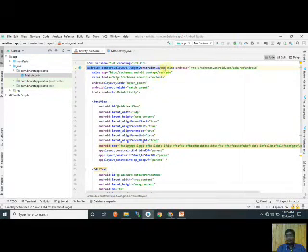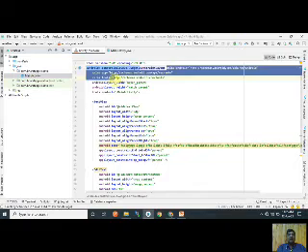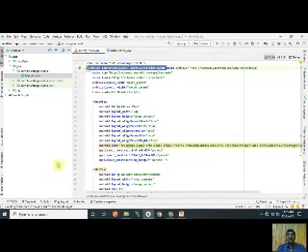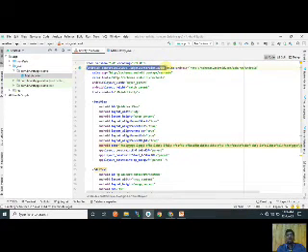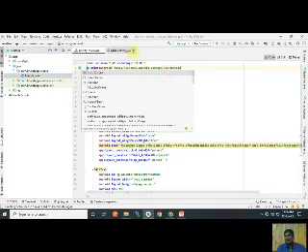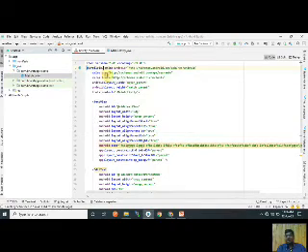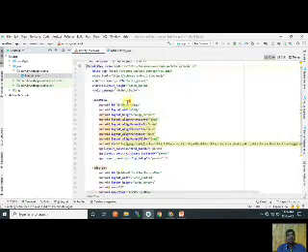Change this into the scroll view. Now this is converted into scroll view.